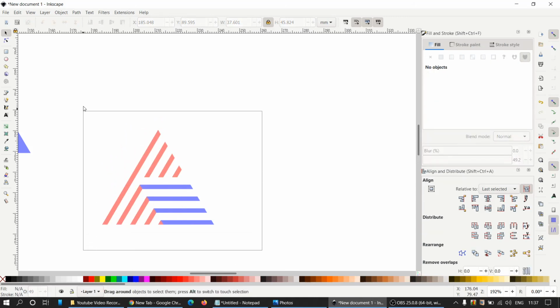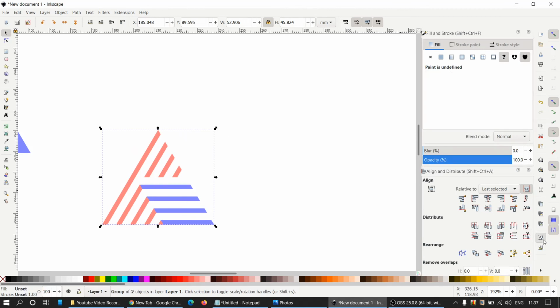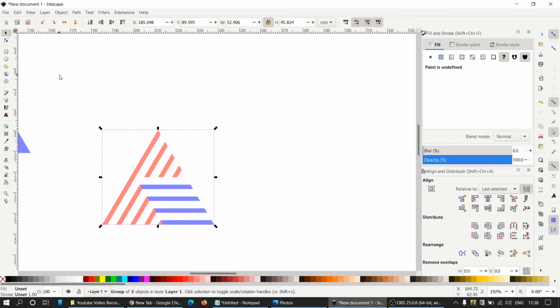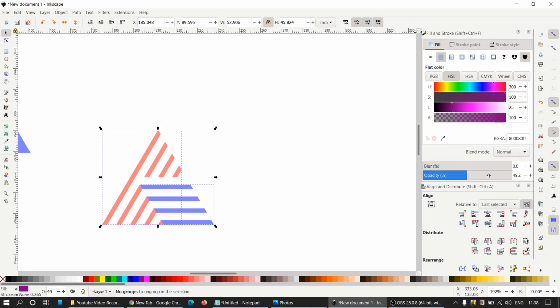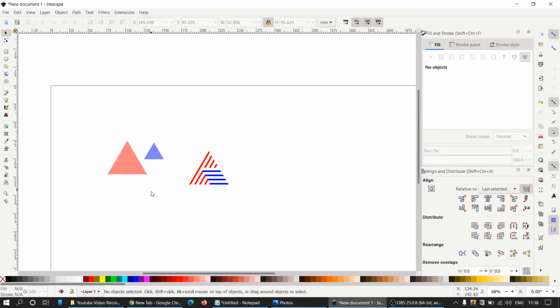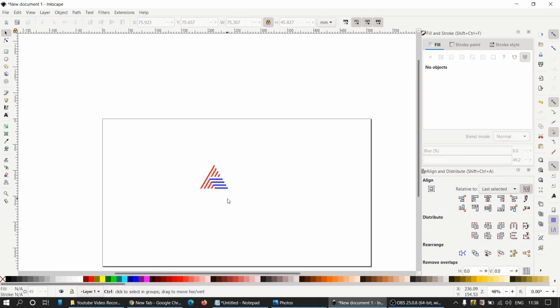Okay. Now select all of this and group it. Okay. Now you might have to ungroup it, so that you can increase the opacity to 100%. See, now it shows the proper color. Now we can group it again. Okay, we don't need this anymore, so let me select both of this and click on delete. Okay,